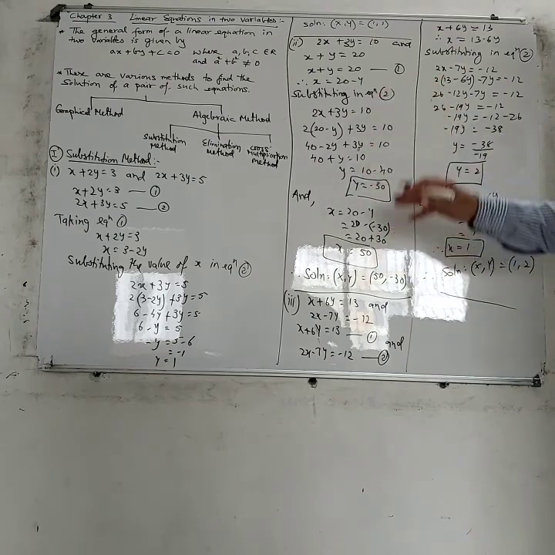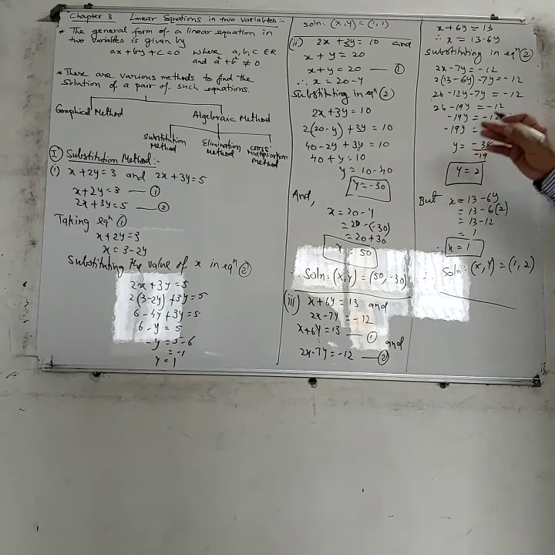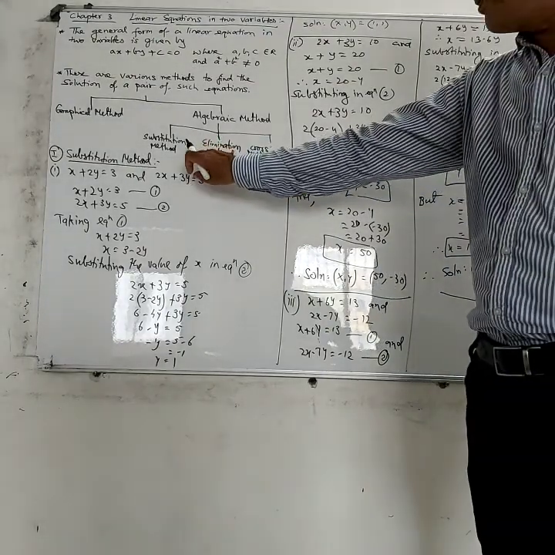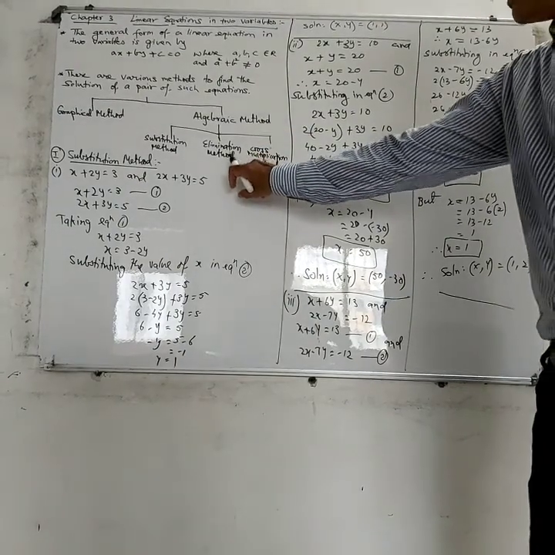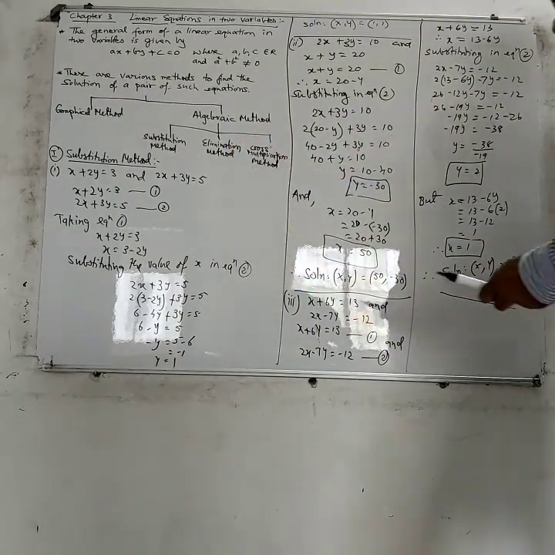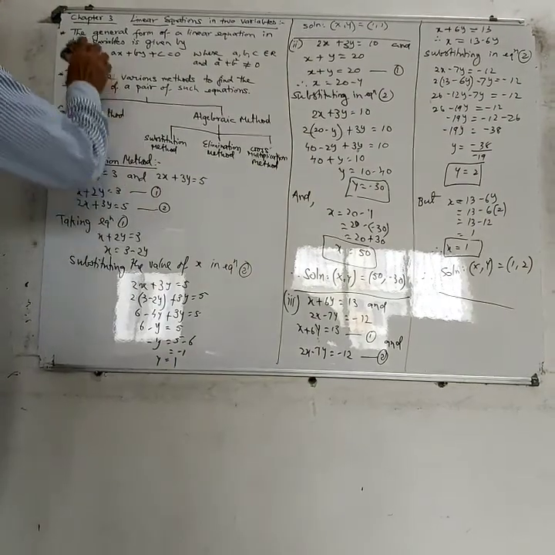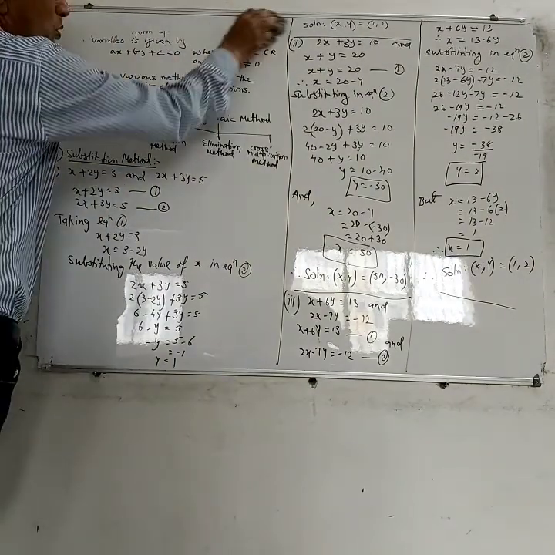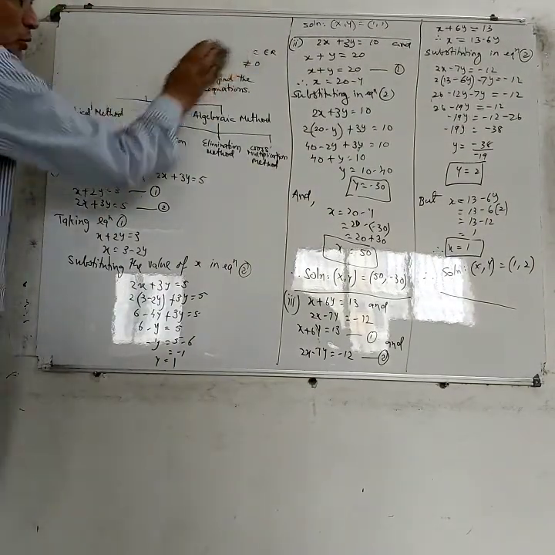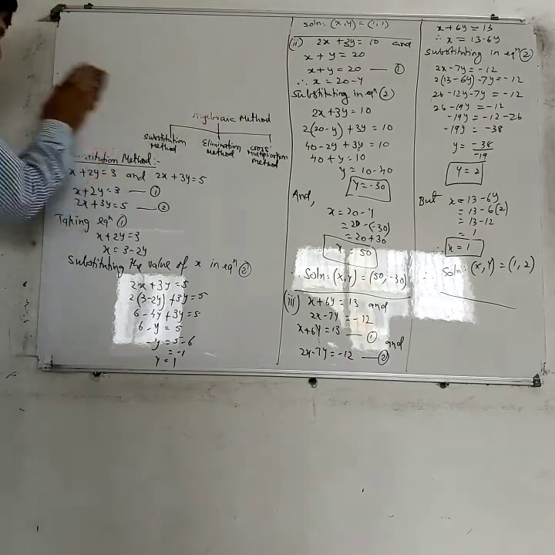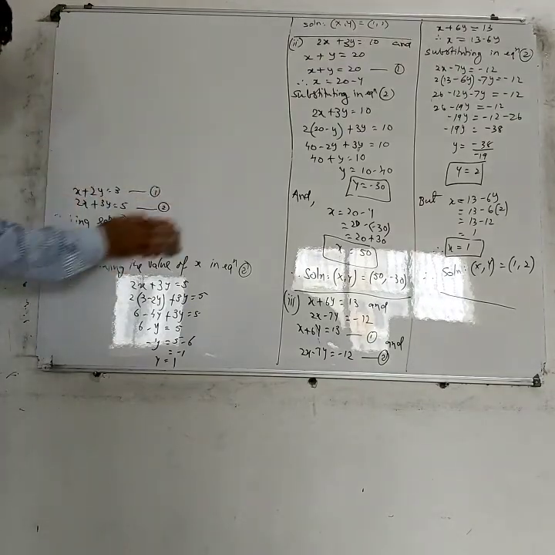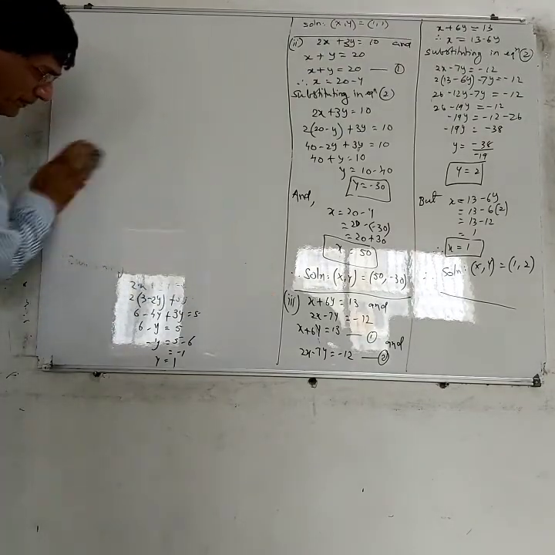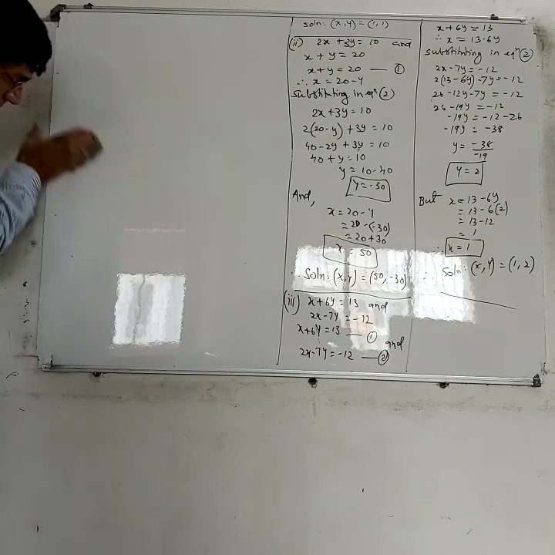Now you can see by these three examples that the solution of a pair of linear equations can be obtained by using different methods. We have done the first method, that is substitution method. Now let me give you a few examples by using elimination method. This elimination method is probably the most widely used method. It is most frequently used, and therefore you should pay more attention to this method because you will find this very useful. Alright, now let's begin by taking one simple example using elimination method.